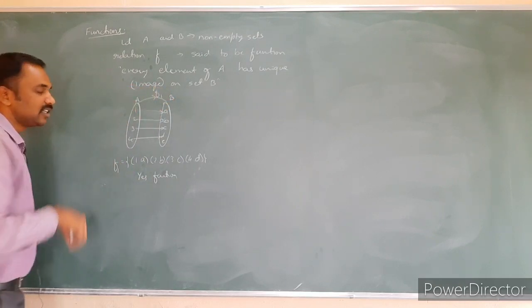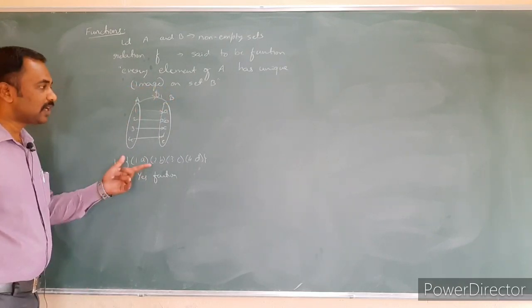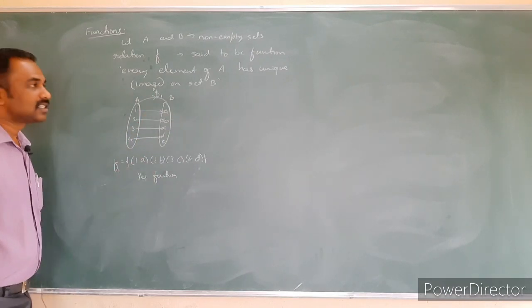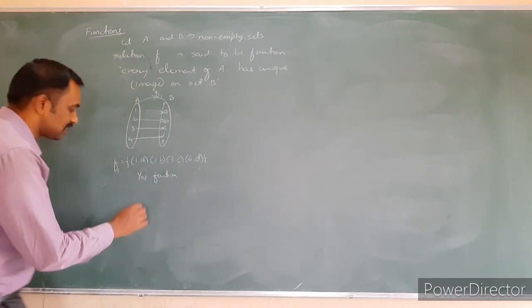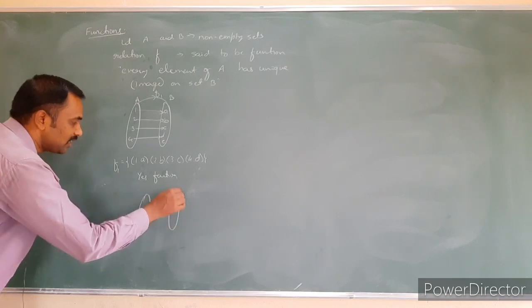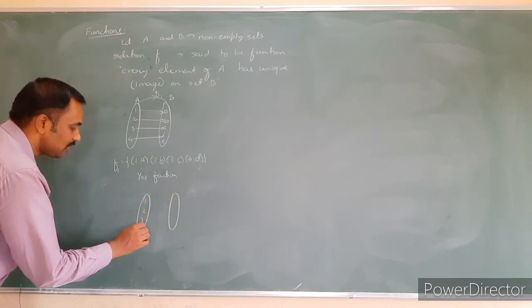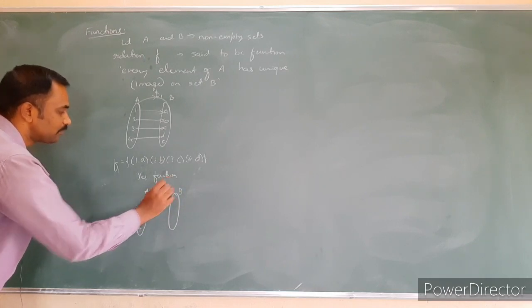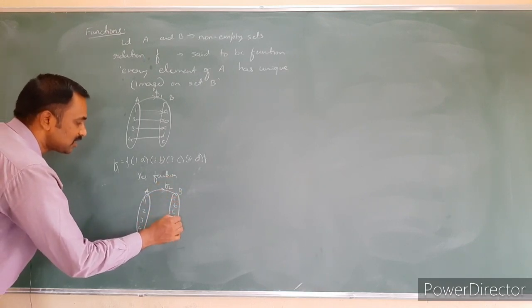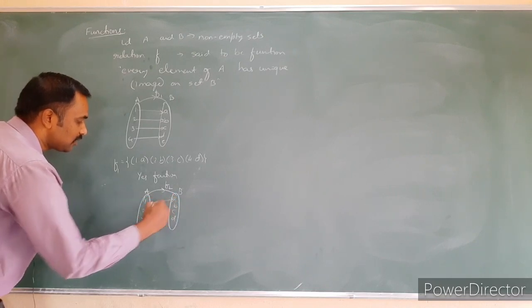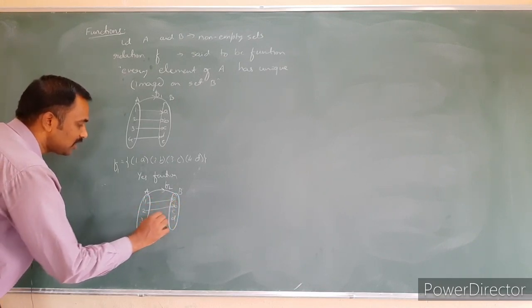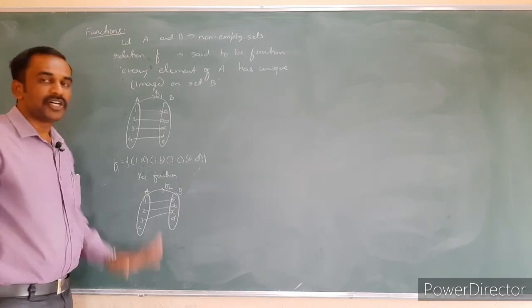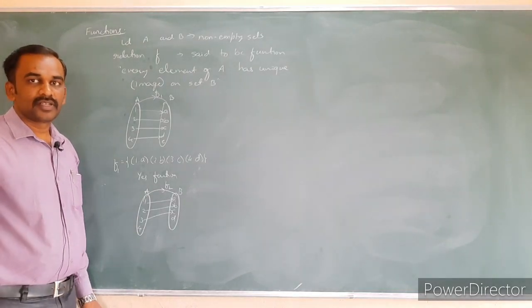I just call it F1. Are you sure about this one? Every element of the set A has a unique image on the set B. Similarly, I consider another example, a little bit the same. 1, 2, 3, 4 in set A and set B, with relation F2. Here a, b, c, d: 1 is related to a, 2 is related to b, 3 is related to c. Is it a function or not?